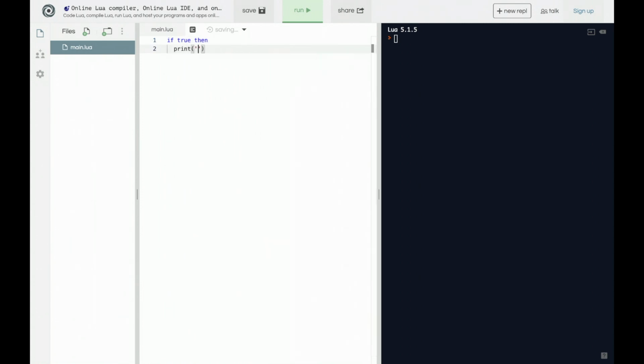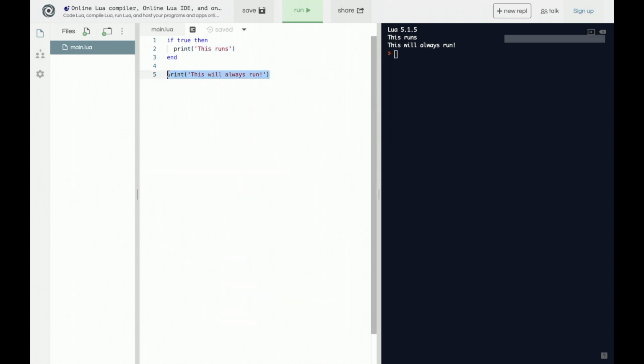do whatever we want. So we can print this runs, and then we end the code like that. Now it's important to note that after we end the code, anything here will always run like normal. So we can say this will always run, like that. So if we hit run now, we can see this runs, and this will always run because that always runs. And it runs because the statement is true. If the statement were to be false, like that, then this code doesn't run, but everything after it runs like